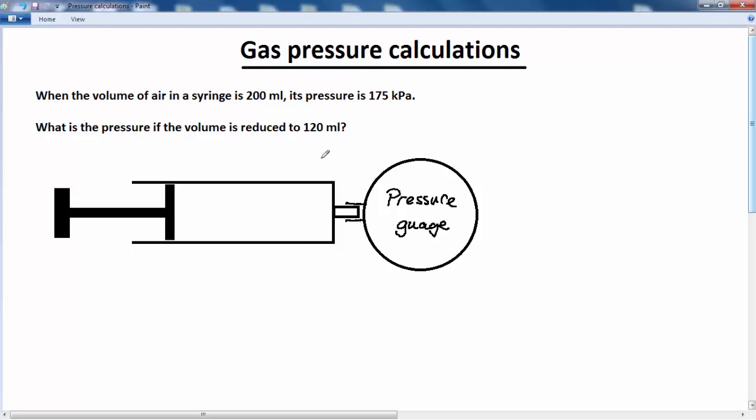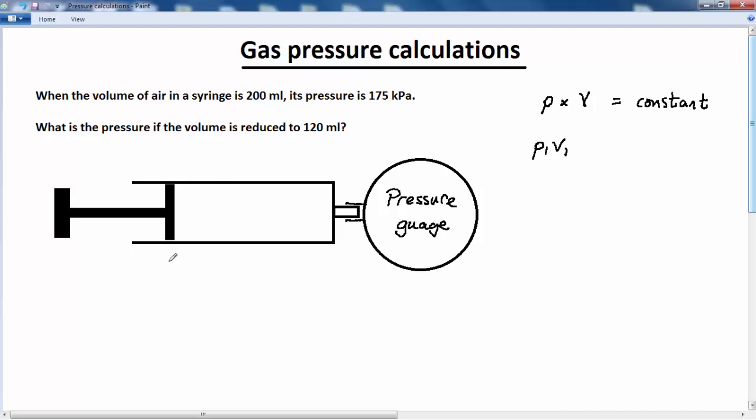So this is a situation where you're finding the pressure with a changing volume at a constant temperature. So we're going to use this gas law where we have pressure multiplied by the volume is equal to a constant. Now what that means is that wherever I position this piston, the value of the pressure multiplied by the volume is always the same. So we can write this as P1 V1, so that's the pressure and volume at some